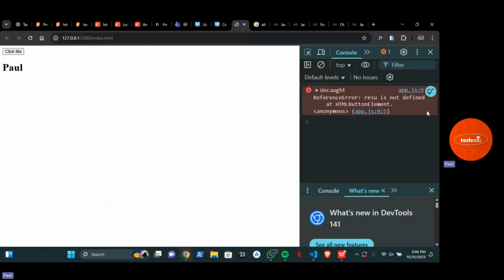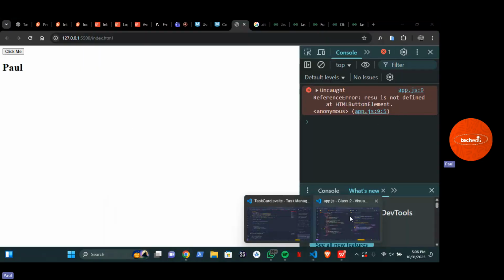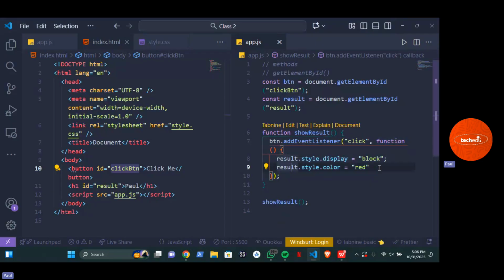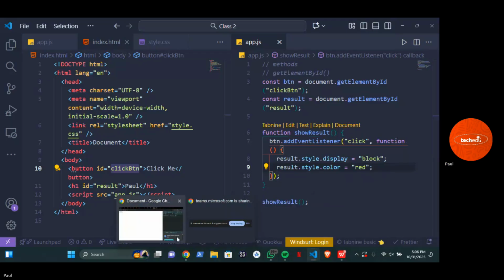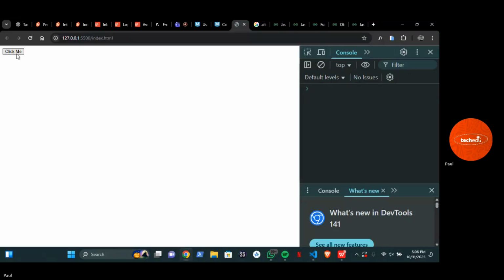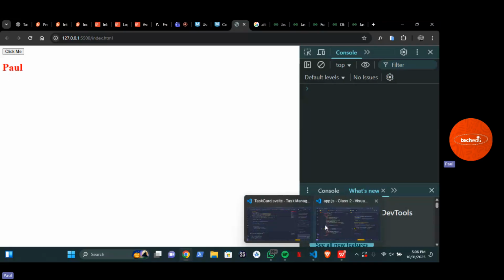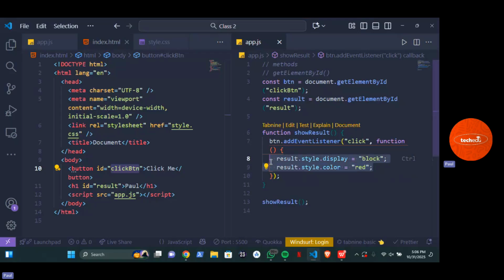So if I click on this now, there's an error here. So result.style.color. Now, as you can see, it's working. 4, red. But initially it was black. I changed it in CSS. Now, alternatively, I can also say